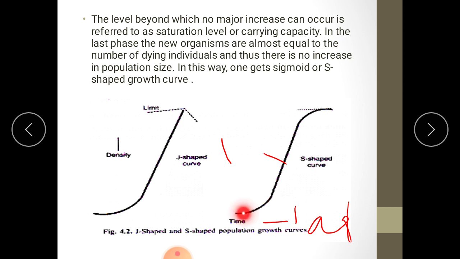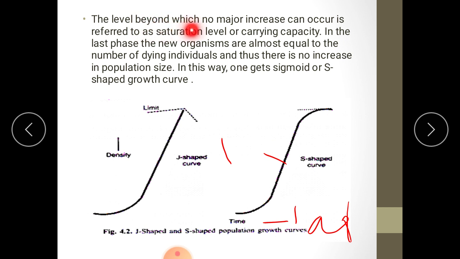So initially the growth rate is slow, and this is called lag phase. After some time, the increase in the population is very fast, rapid, and this is called log phase. Logarithmically, their number is increasing. After a certain time, what happens? There will be a decrease in population growth. Then it attains stability. This is called stationary phase, which means birth rate is equal to death rate, so that the population doesn't show growth.